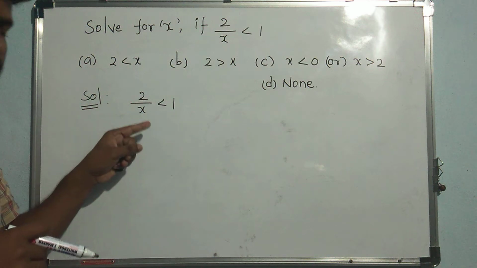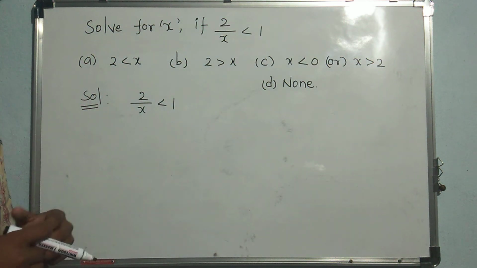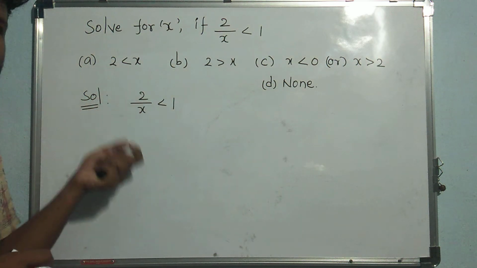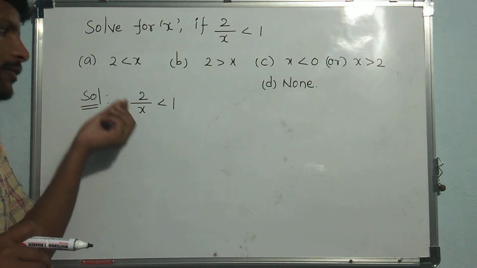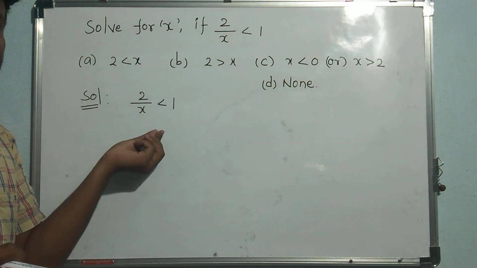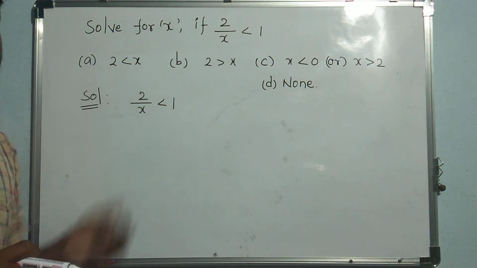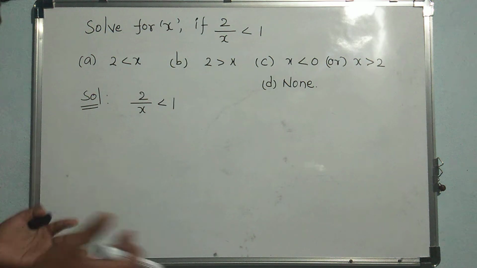And what happens if you take cross multiplication? I will teach that later in another lecture, but as of now, you just remember the process that I am going to do here. When you have a variable, don't take a cross multiplication of a variable if it is given in the inequality, right? And what should be done here?